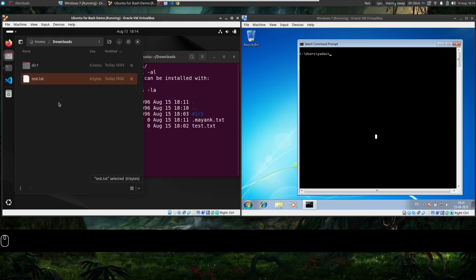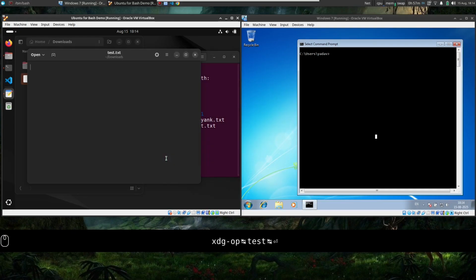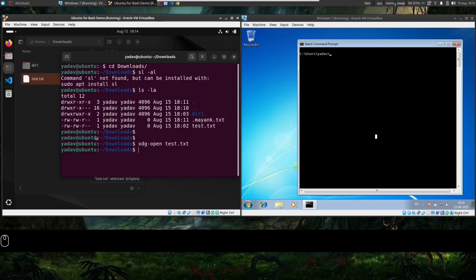If it was a video file and I double clicked, it would have opened, let us say, VLC media player. If it was an HTML page, it would open that file in a web browser. That can be done using xdg-open and test1.txt. The same software which was invoked with double click. What if I do not have a GUI?